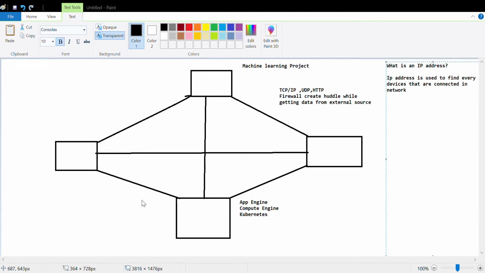You can see this IP address, 192.168 dot, right? This is the IP address. Similarly, in the network that I am connected to, this IP address is going to change daily. Whenever you connect to the internet service, this IP address is going to change daily, right? So this is for the identification of a device that is connected in a network.